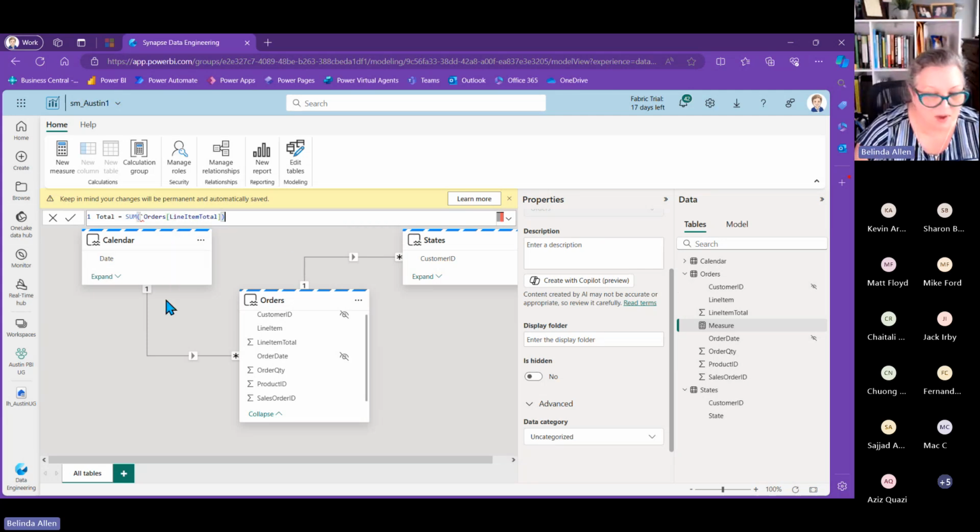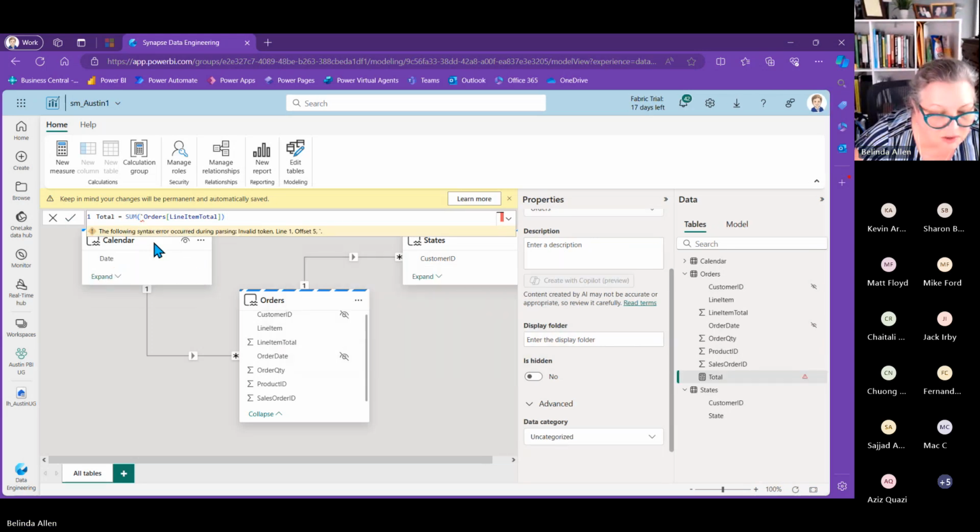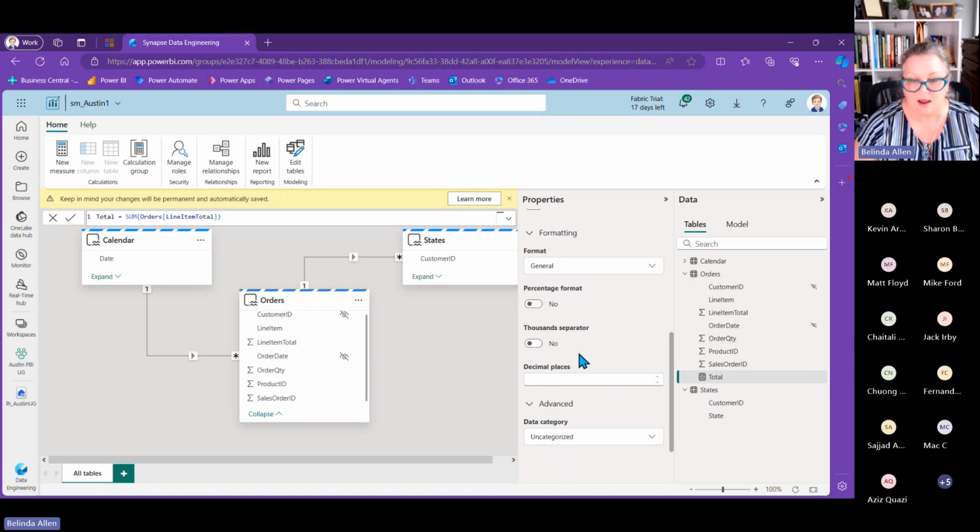And that is my quick and dirty little, looks like I've got an error message there. Oh, I hit the keyboard with my nail. That was it. Okay. So I'll go ahead and select that. I do want the 1000 separator, but I'm going to leave the decimal places at two. So I'm happy with that. So this is how we could create some DAX functionality. There's the DAX right there. We can clean up and do all kinds of things. So you could see this works pretty easily. Okay, so we've got all this done. I'm going to go ahead and save this particular semantic model.